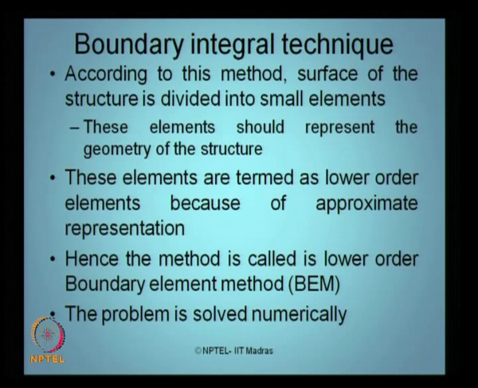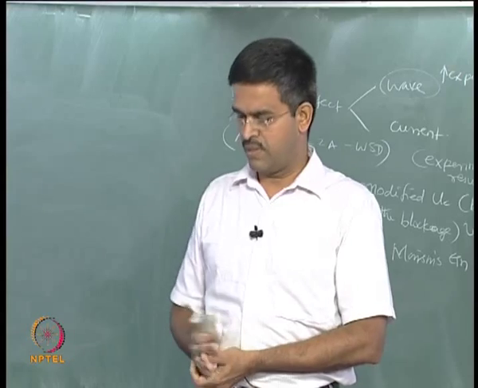There are various numerical techniques used to solve this potential flow theory problem using BEM, which we are not discussing in this particular course. But anyway, there is a directionality of your understanding of what the wave structure interaction induces on the structure, how you formulate the problem, how you handle it, how you solve it, and by what technique. We are just taking you on that path of understanding this.